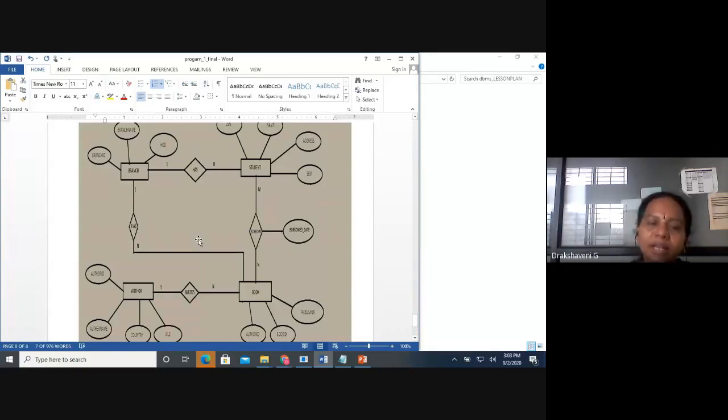We'll see them once we go in depth into the ER diagram. There is a separate concept in your theory part, but right now I'm just explaining what is required for the lab, not going in depth. Here 1 is a cardinality ratio. It says whether a branch has many students or 1 student: 1 to 1, 1 to many, many to 1.